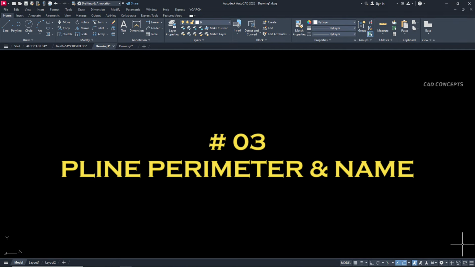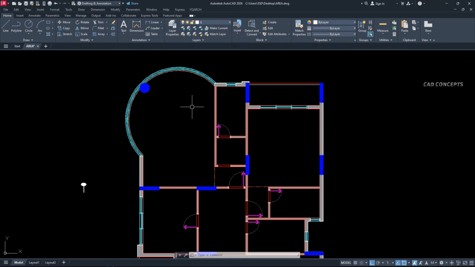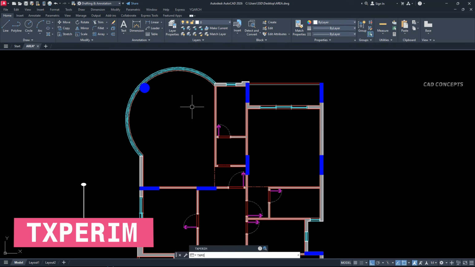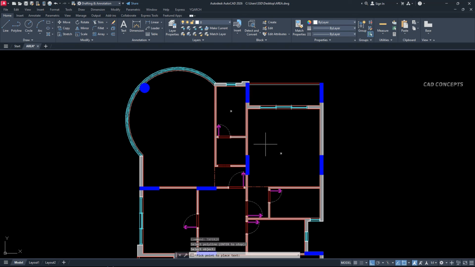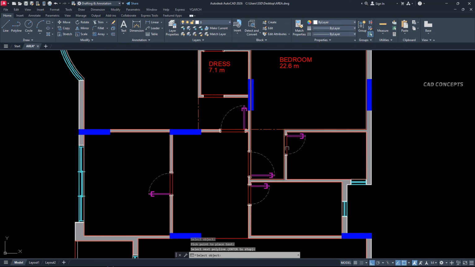Number 3, P-line perimeter and name. Okay, we'll extract room tag plus perimeter, okay. For that, let me type this here, TX perim, and click over the P-line, and click over the point. So for bedroom you are getting 22.6 meter, which is perimeter, meaning running meter. So what you do, click over the P-line, and click here. So you are getting perimeter with room tag, if you see here,